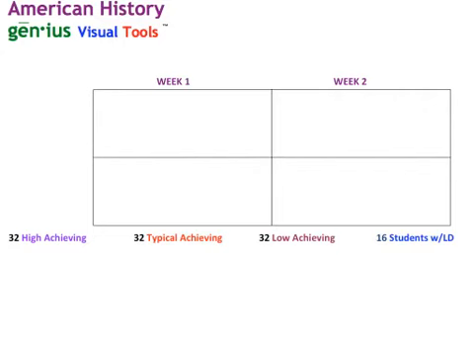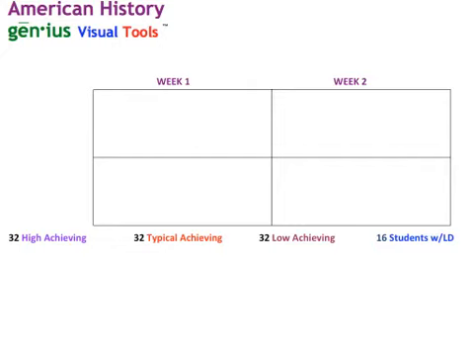This study took a look at the effectiveness of discipline-specific visual tools that were designed specifically for teaching history. And this study was a large N study, so we had 32 high-achieving, 32 typical achieving, 32 low-achieving, and also 16 students that were considered low-achieving but also had been identified as learning disabled. And so we were interested in looking at what were the effects of using these visual tools versus traditional kinds